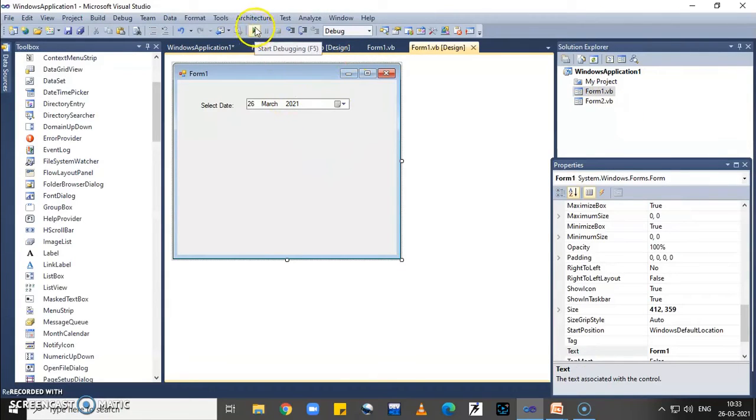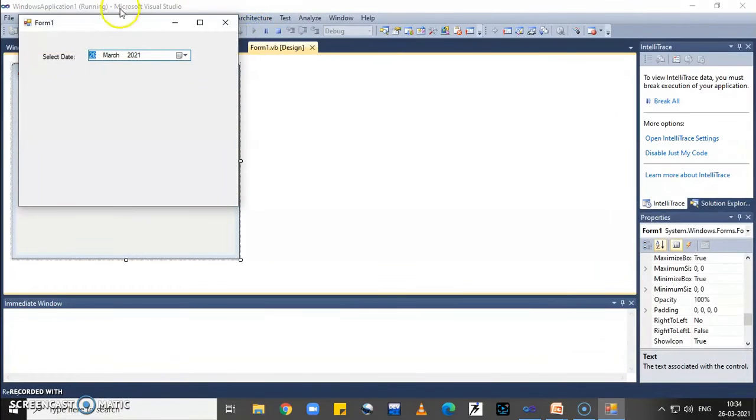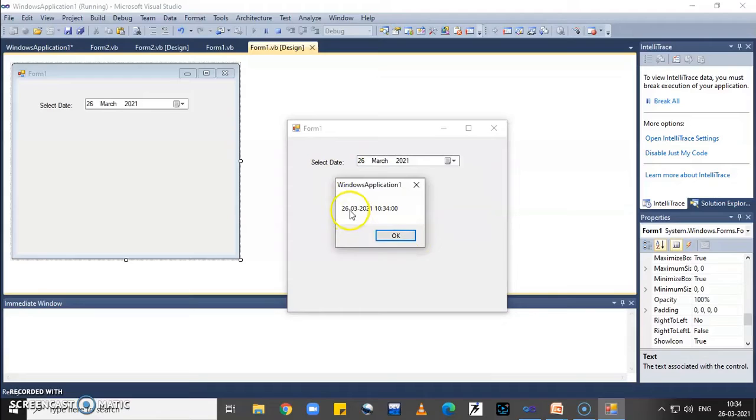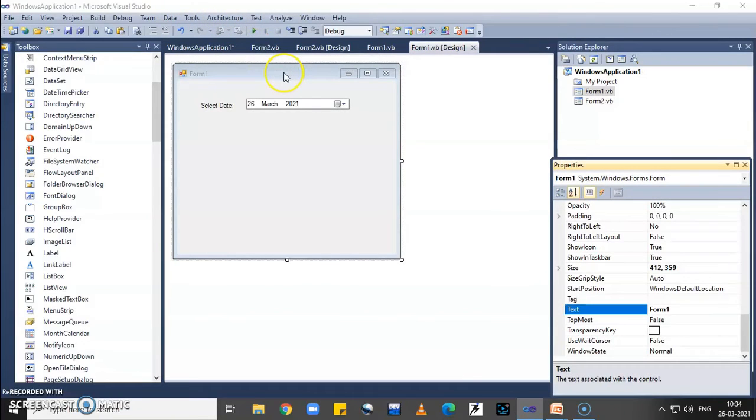Now run the app again. Select the date. My date is displayed in this application. Now close the form.